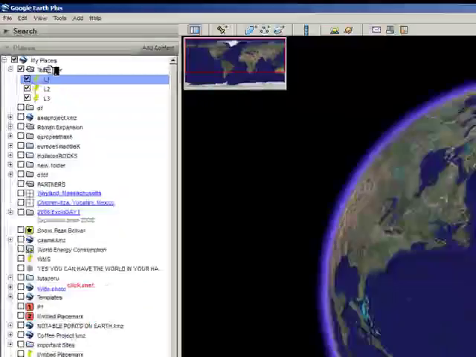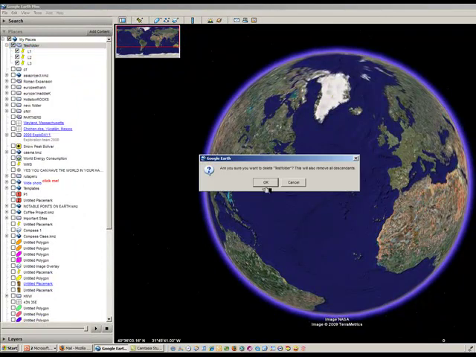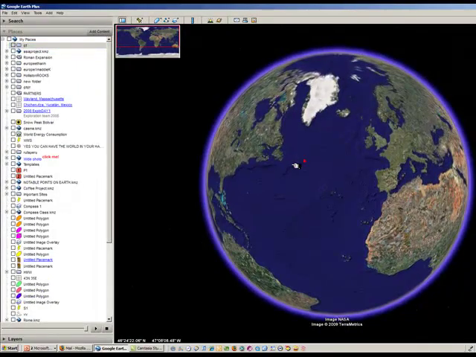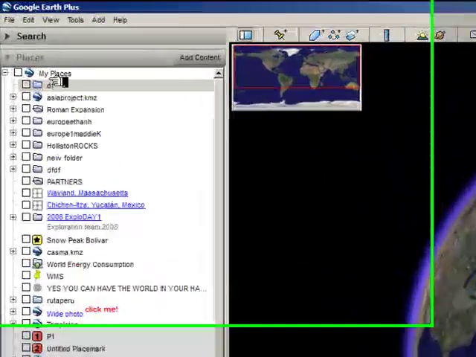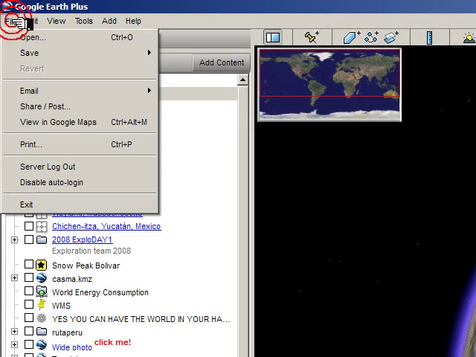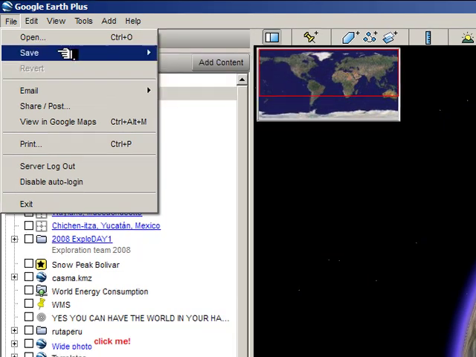I'm going to try to delete it right now from here. Right click, left click, delete. Yes, they are not here, so the tags also disappear on Google Earth. Let's try to open it. Let's see what happened. File, save, save place as. I don't want to save, so remember that. So I will go to open,